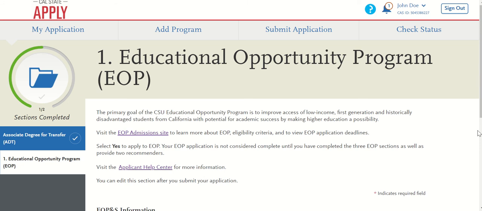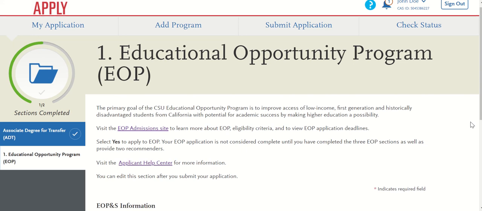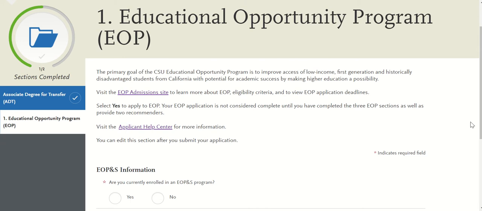Next, we'll take a look at the Educational Opportunity EOP program. The primary goal of the EOP program is to improve access of low-income, first-generation, and historically disadvantaged students from California with potential for academic success by making higher education a possibility. You can visit the EOP admission site to learn more about EOP program, eligibility criteria, and to view the application